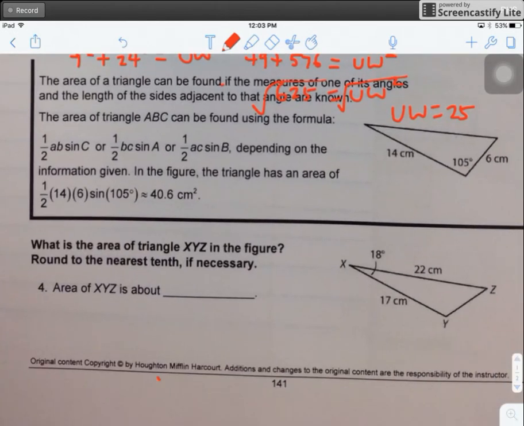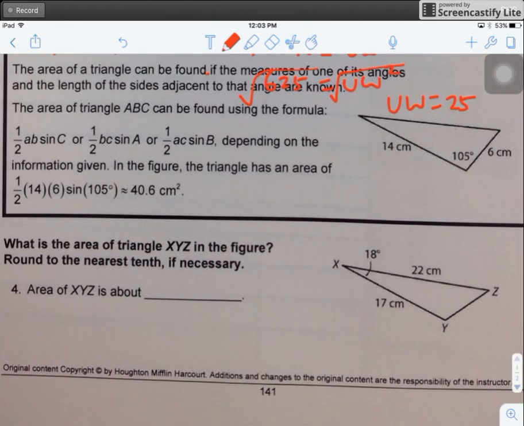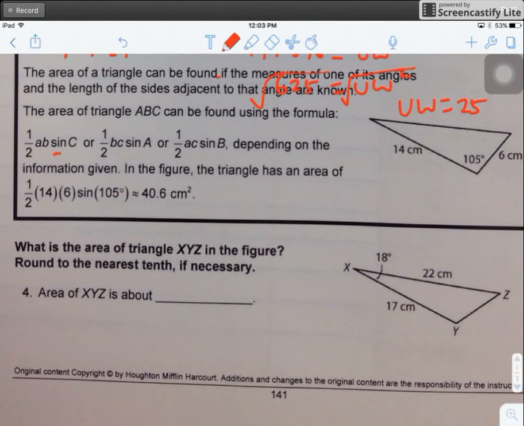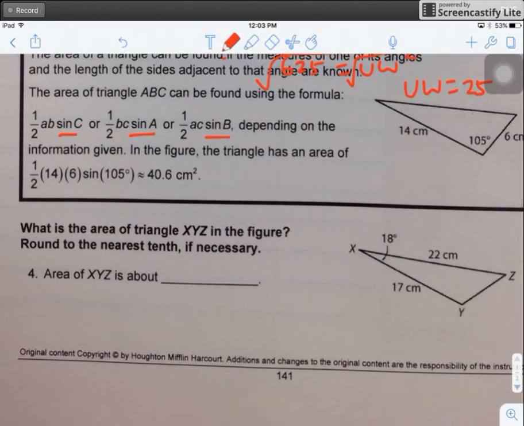And moving on to the last question is finding the area of a triangle. And we are given, looking at the example on top, the formula is to make use of the sine ratio. So we're given 2 sides and the angle in between. So to find the area of the triangle, it will be 1/2 the 2 sides that are surrounding the angle would be 22 and then 17. Then we will take the sine of the in-between angle, which is 18 degrees. And we have simplifying here. And if we simplify 11 times 17 times